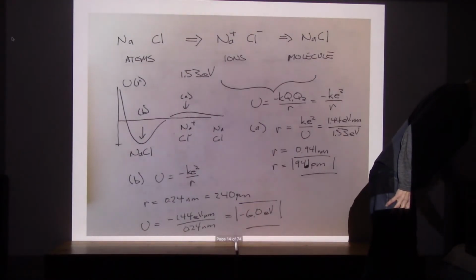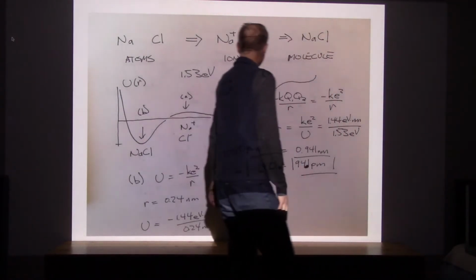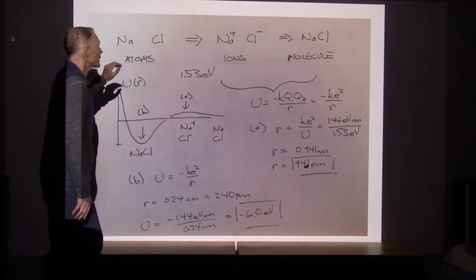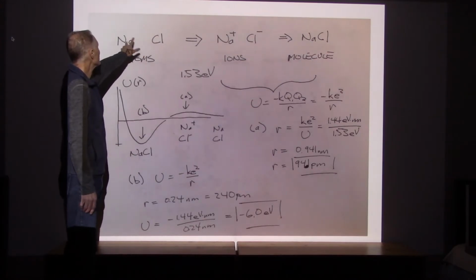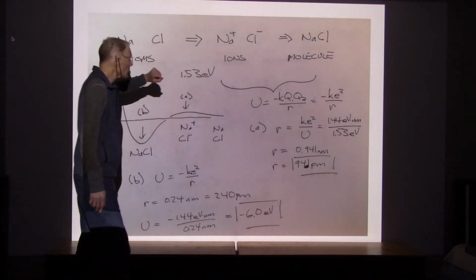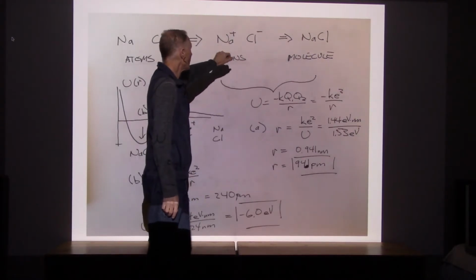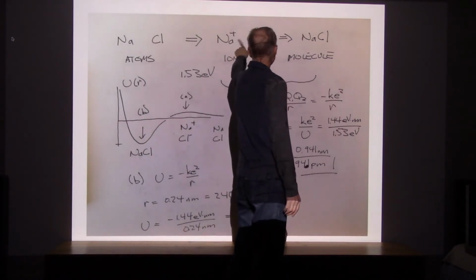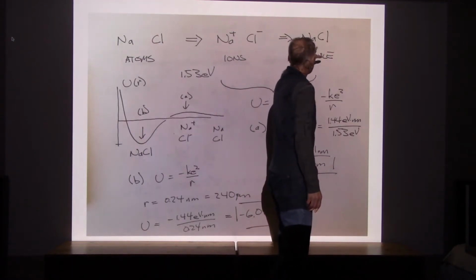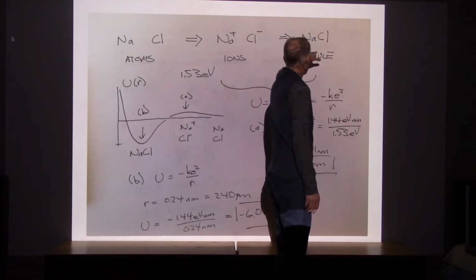Measured value is 0.94. So what we've done here is we've said, okay, here's the process. We're going to start with two atoms, a sodium and a chlorine atom. We're going to first of all move one of the electrons off the sodium onto the chlorine,